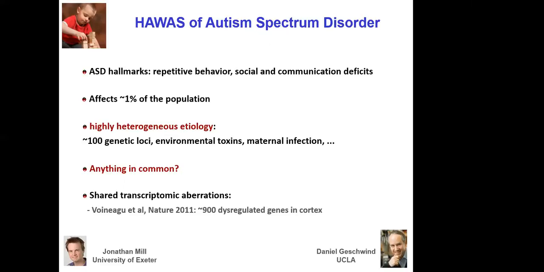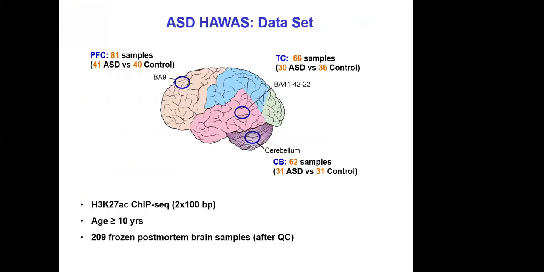So that's exciting. Somewhere between the DNA and the phenotype, at a molecular level, you're seeing coherence in autistic individuals. And if you're seeing coherence, then you can design drugs for it in principle, right? And you can design one treatment that'll help most autistic individuals. So that was what was exciting. So we said, okay, gene expression is one level above epigenomics and closer to phenotype. Can we see something in common across autistic individuals at the epigenomic level, even lower, right? And that was the point of our study.